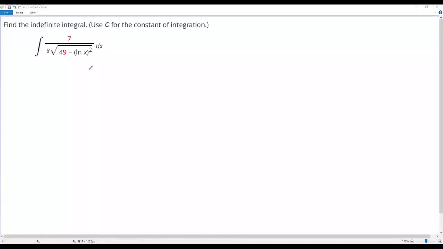Here we have a problem on integration. That is, we have to evaluate this indefinite integral. Okay, let me start working on this. In my first step, what I'm going to do is move this constant 7 out of